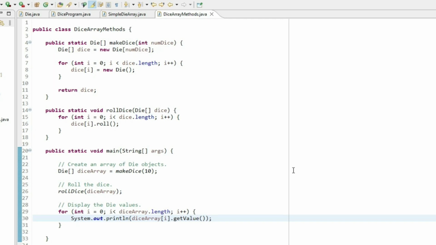This program is called DiceArrayMethods.java, and it's very similar in functionality to our last program, except this program has two methods, a makeDice method and a rollDice method. These methods do some of the work of the program, so the main method is simpler and easier to read. In the main method, we have diceArray = makeDice(10). We are assigning the result of this method to our diceArray variable, so this method returns an array of die